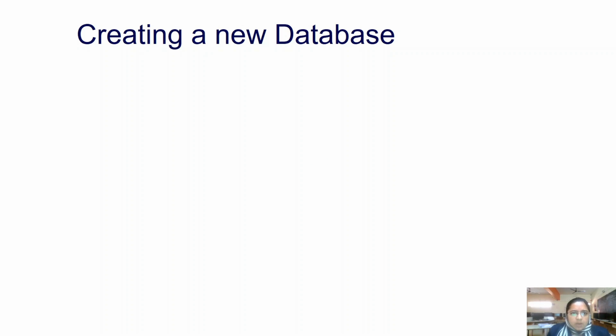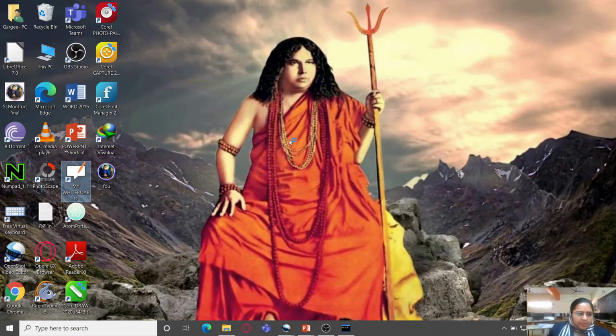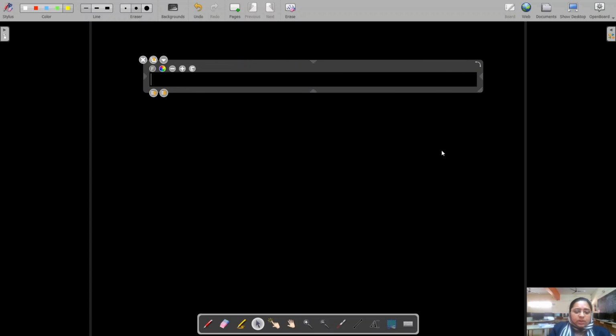So we will be learning how to create a new database. Creating a new database is very easy. We'll see how we can create a new database. We will use a create database command to do that. As we know, databases are collections of multiple tables. So here we need to first create a database which will collect all the related tables. So its syntax is create database and database name.